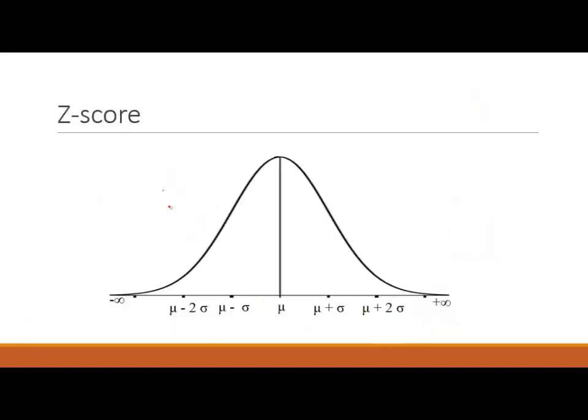Okay, so what they did was develop something that looks like this. All normal distributions have the same shape. All normal distributions are symmetrical around the mean. Here's the mean. Okay, so I can convert any of the problems that I get into the mean plus one standard deviation, the mean plus two standard deviations, and so on. The mean minus one standard deviation, the mean minus two standard deviations. So what they did was, instead of having to deal with the weight being 180 on the average plus 20 on the standard deviation, or the juggler being 60, or the telephone bill being $55 on average, and so on,